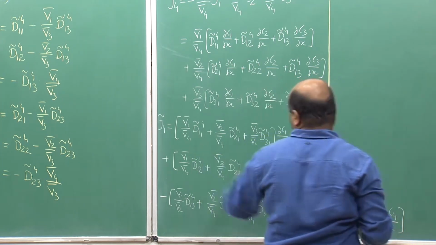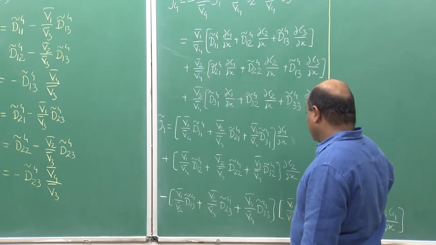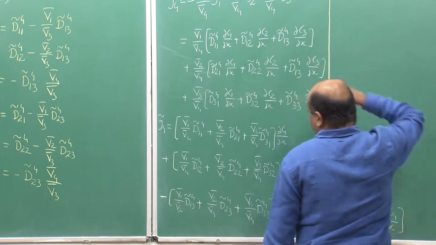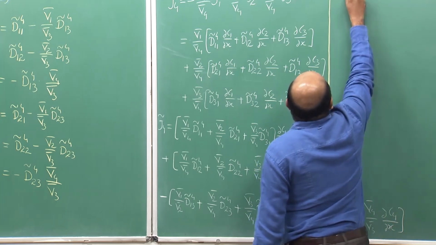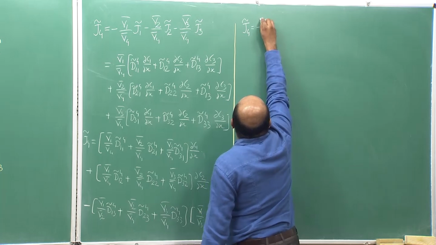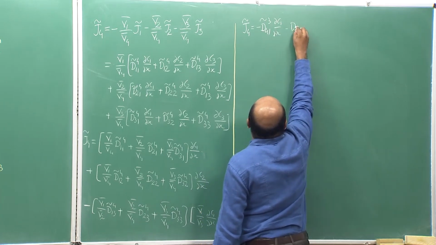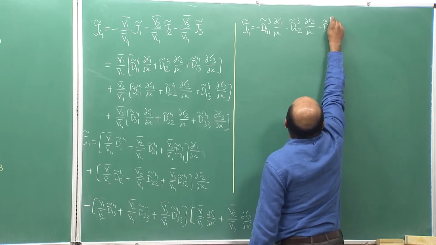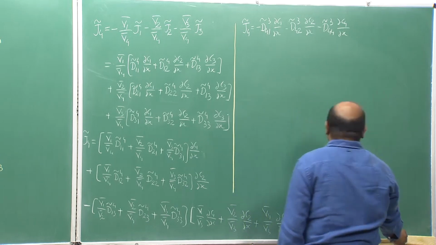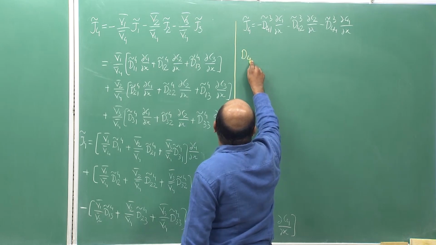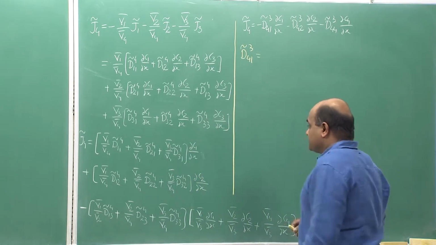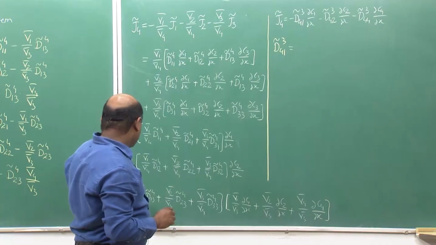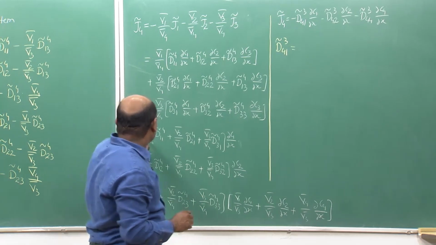So, if we write that, this is negative, and so we have to compare with, let us say, J4 tilde is equal to minus D41 tilde 3 ∂C1/∂x minus D42 tilde 3 ∂C2/∂x minus D44 tilde 3 ∂C4/∂x. So, D41 tilde 3 becomes, so this negative of this and minus this. So, this will be,